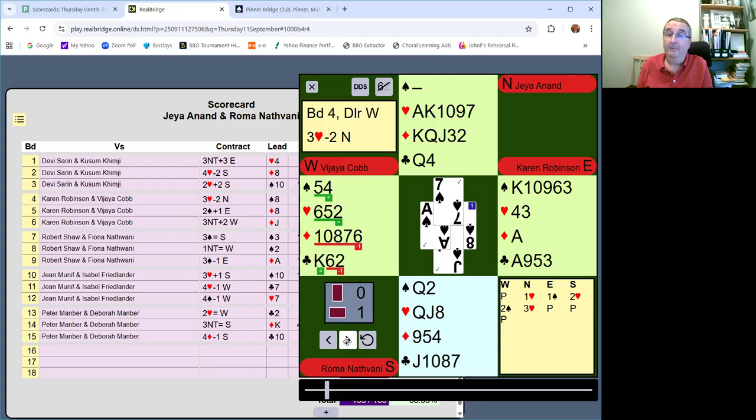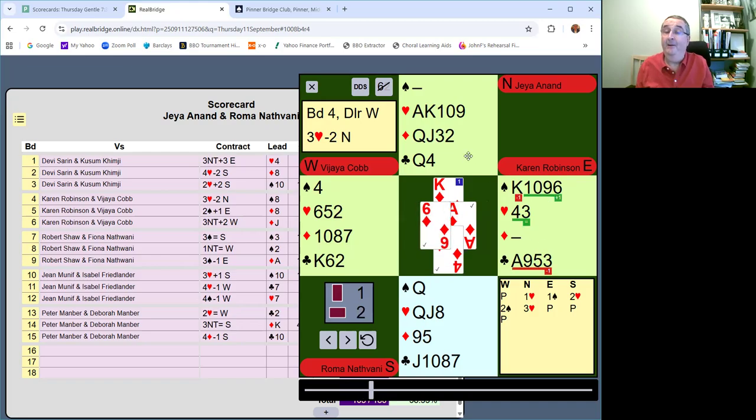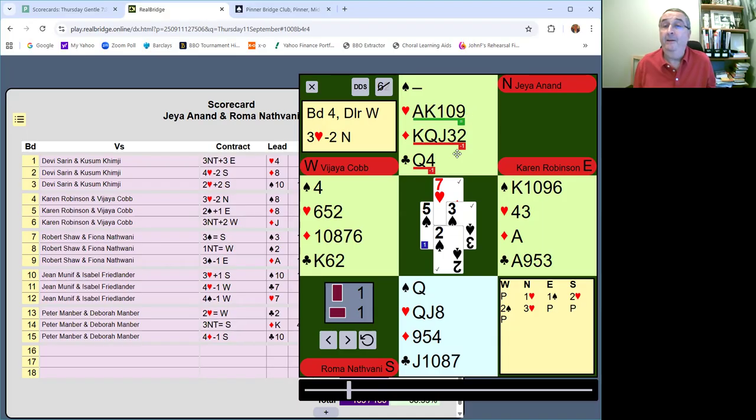But it's up to you to decide whether you think that was a reasonable lead in that case. So again, we go through the next trick, and here it's saying that declarer was on lead, and they shouldn't have led the King of Diamonds. If I go back, they're saying that you can make the contract if you draw trumps here, if you start with a heart, but you can be defeated by 1 trick if you lead a diamond or